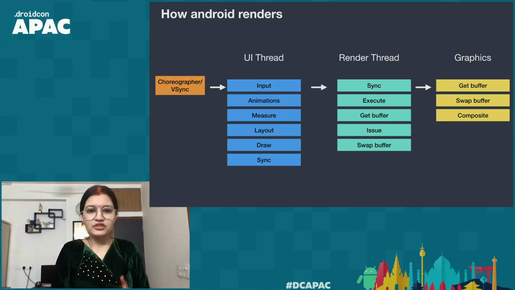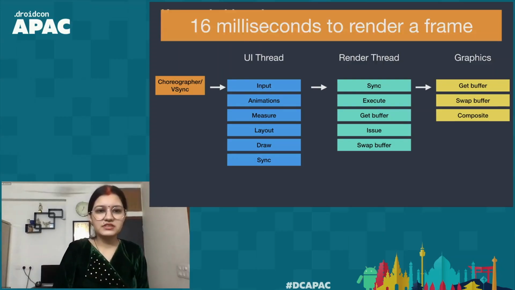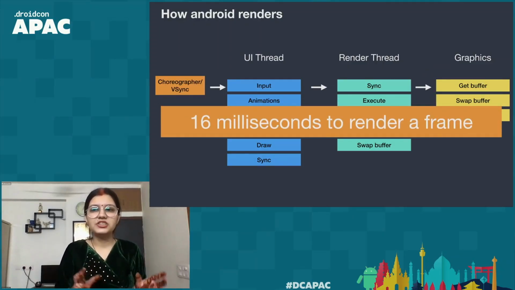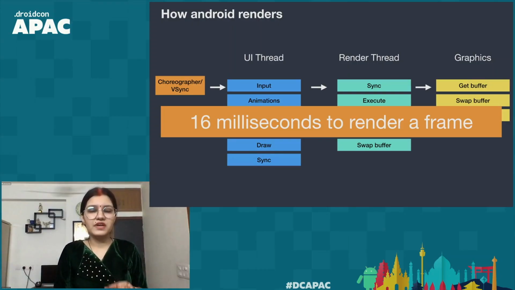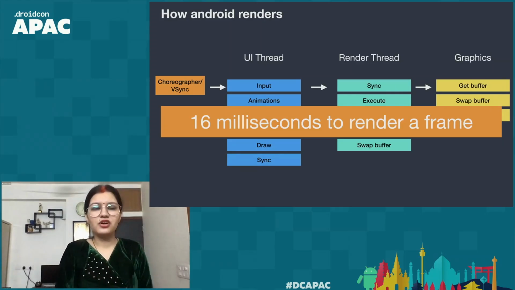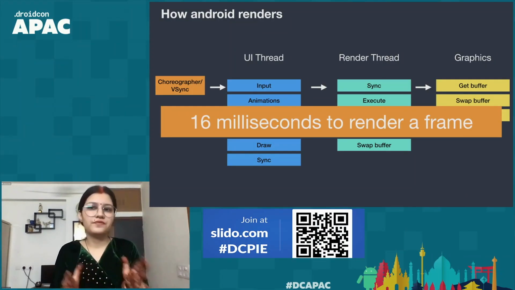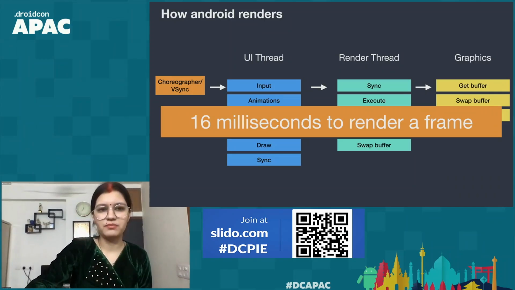So as you can see here, there is a lot of background processing involved, and we just have 16 milliseconds to render a single frame to avoid any janky behavior or any sluggishness or slowness in the app. So, an optimization of even 1 millisecond in this entire process chain can make a huge difference, even if you are not convinced enough to go and check your layouts in the code. So, let's get started with what to look for and how do we diagnose the problem.